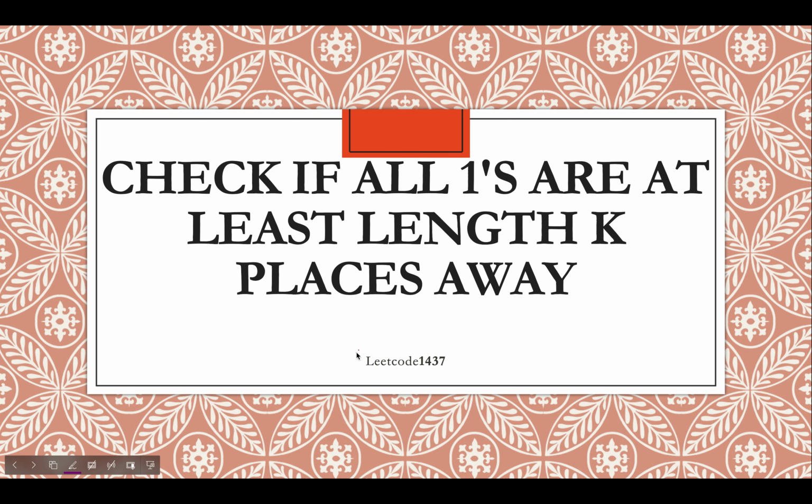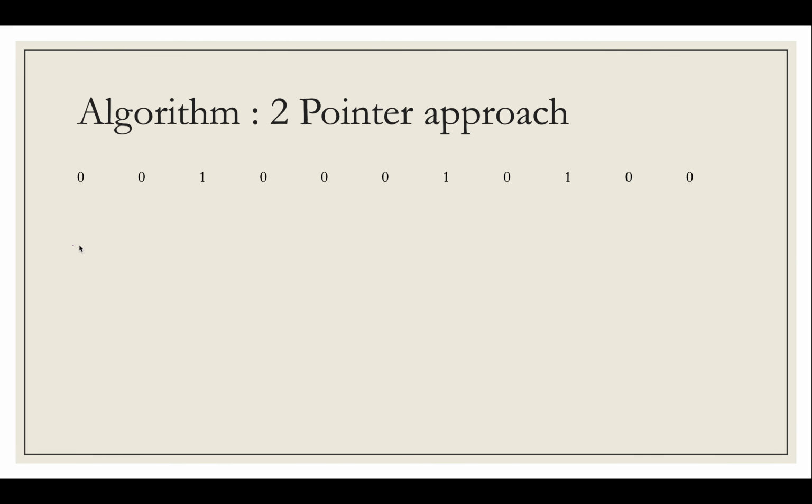Let me just take a pen and let's start the algorithm. So let's store two pointers: one will be the previous index, and there will be a current running index. For the previous index, since there is no 1 yet, we initialize it to minus infinity. Looks good. It's 0, skip, 0, skip, and you get the first one. Since it's the first one, you cannot make a comparison with the previous index. You just update the previous index. Let's just write the indexes as well.